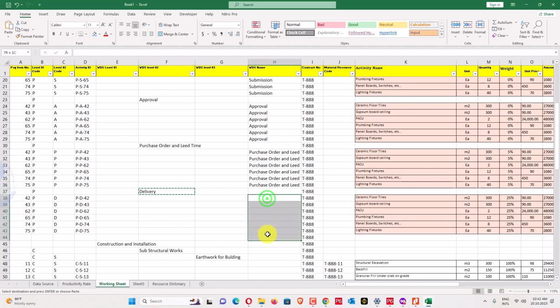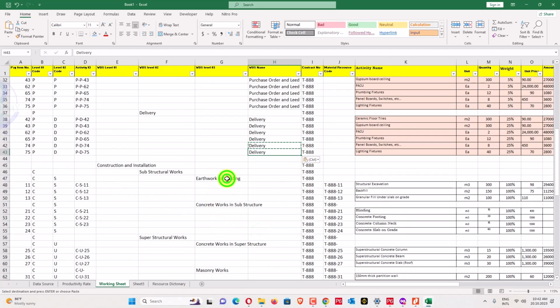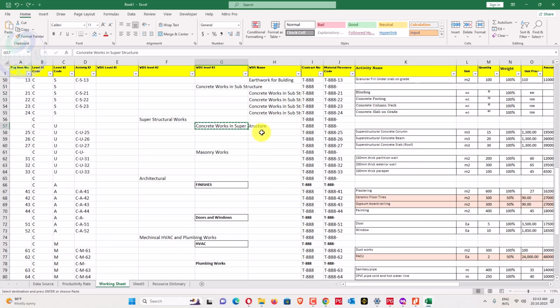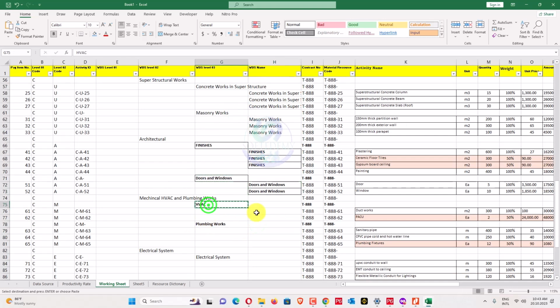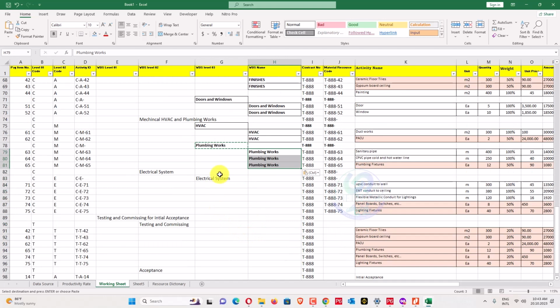Delivery time here. I will paste what I need for the WBS because I have to match the same WBS code here. Now I will just copy concrete work in Superstructure here, masonry work from here, and finishing works from here. So door works like this one, I will also copy everything which should be our final in front of the activities.